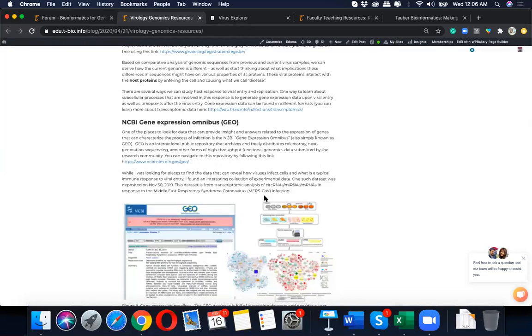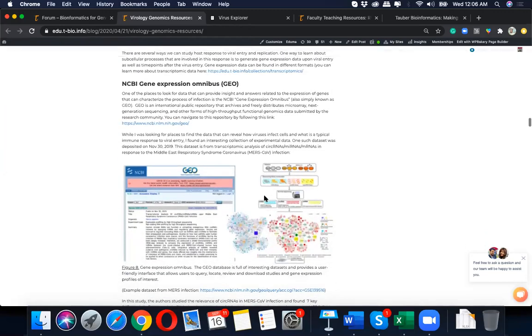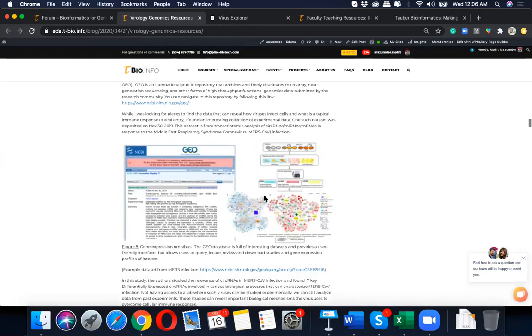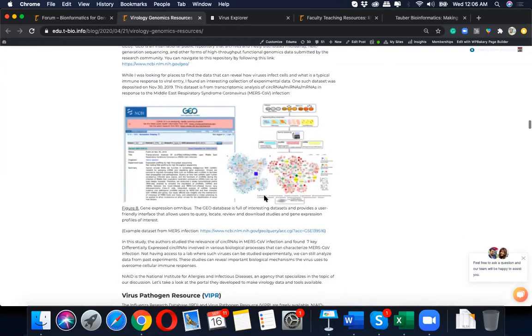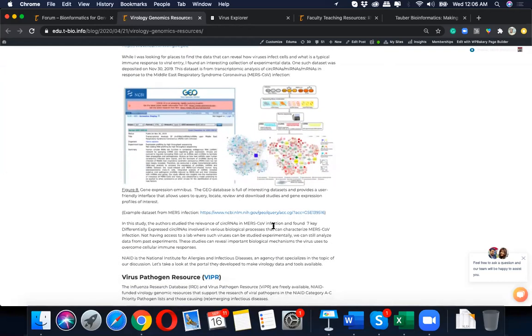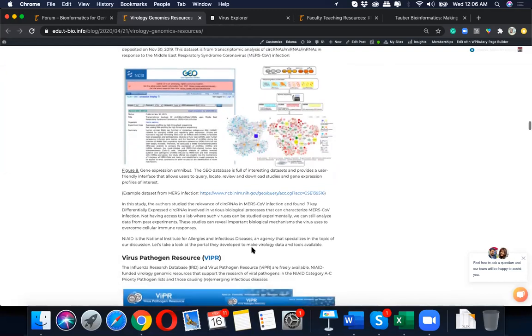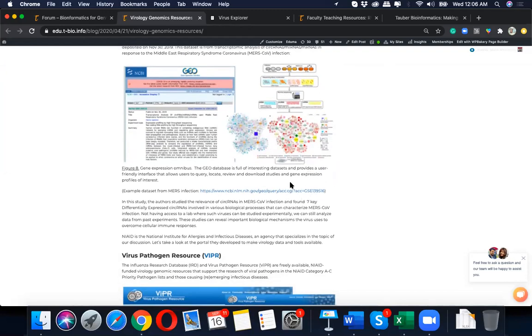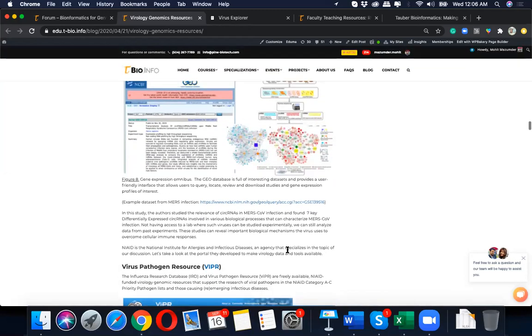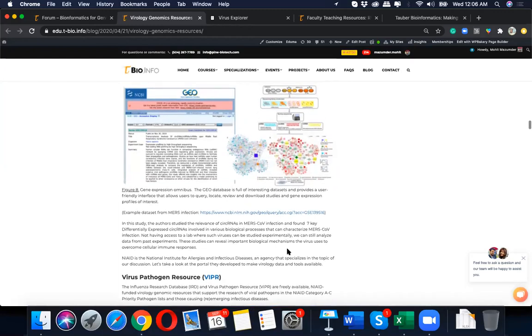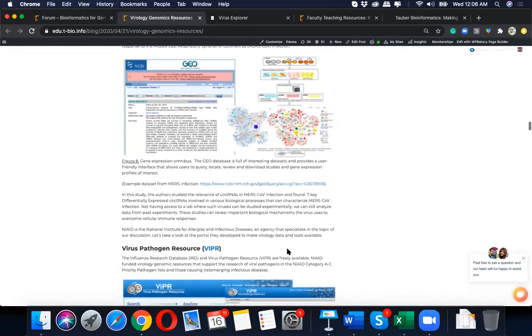On NCBI GEO, you will find transcriptomic data related to virology, and also a very interesting data set that is described as an example. You can check out this specific data set, where there's an interesting correlation described between circular RNA and SARS-CoV-2 infections.